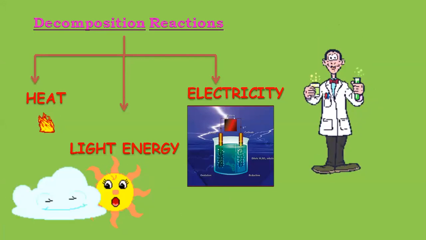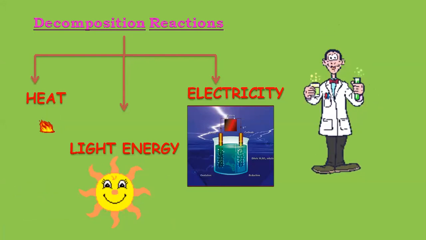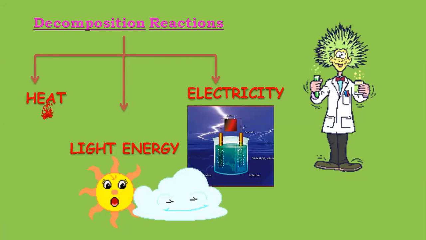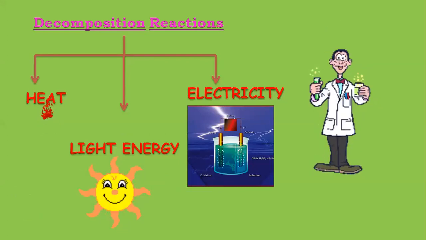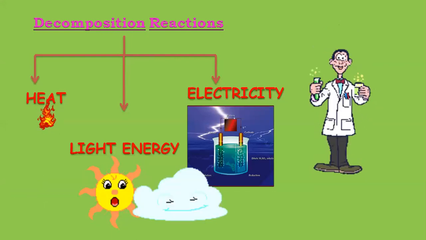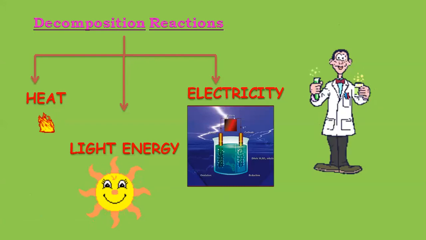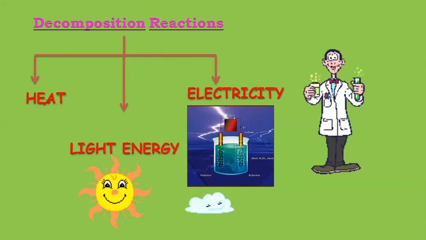But that doesn't mean, my dear students, that decomposition cannot happen naturally. It can also happen naturally, and we will deal with that example, but it's a slow process. And anything, if you want to understand in chemistry, any reaction, you have to always associate it with an example. So let us see what is the example I'm going to do here now.